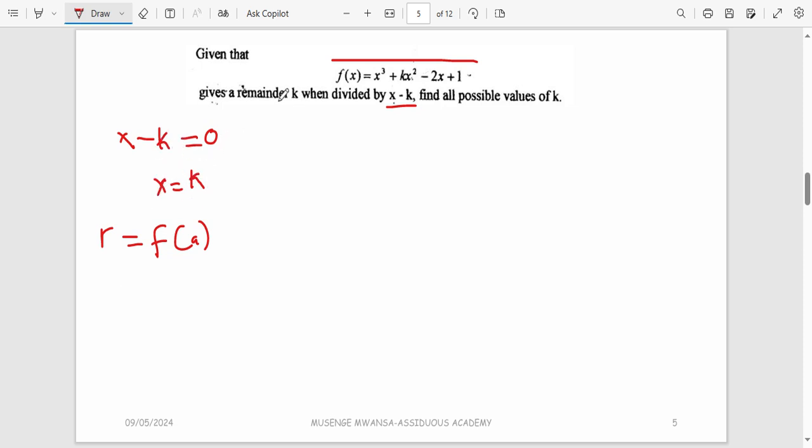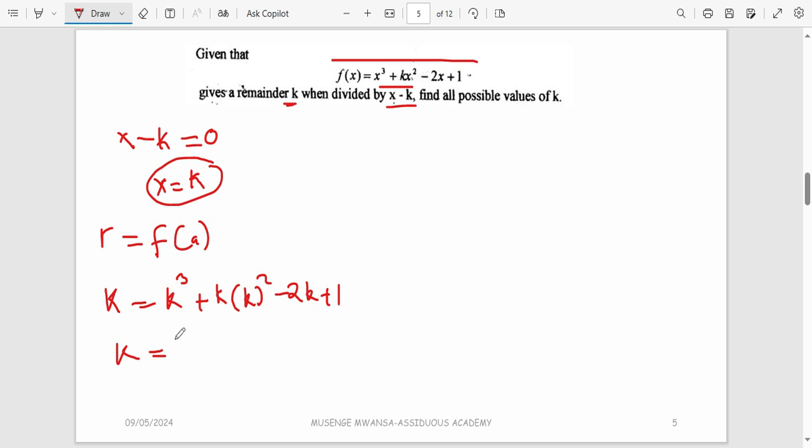Okay, but here we've been told that it gives a remainder what? A remainder k. So where there is r, put k. And this should be equal to f of a. In the function where there is x, you are going to put what? k. So that is going to be k. It was x to the power 3, so it becomes k to the power 3, and then plus k, where there is x we put again k to the power 2, and then minus 2, where there is x, we put k, plus 1. So this gives us k is equal to k to the power 3 plus k to the power 3 minus